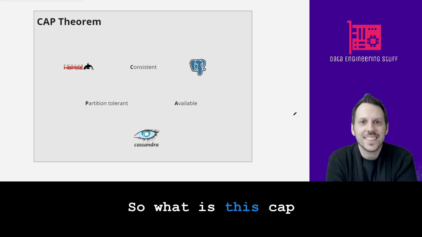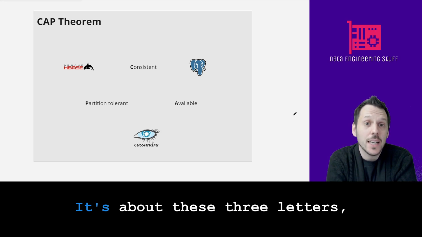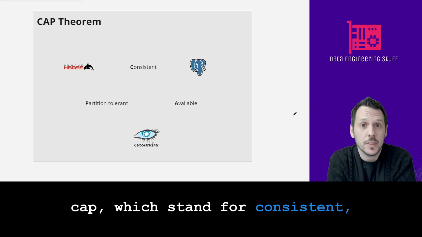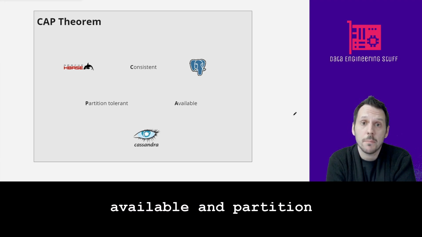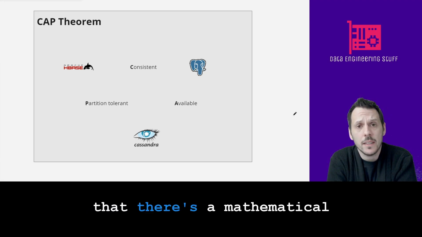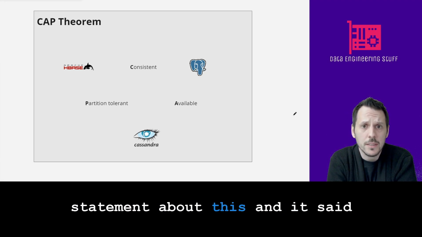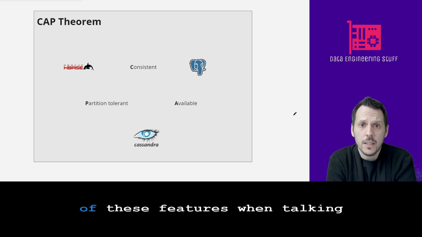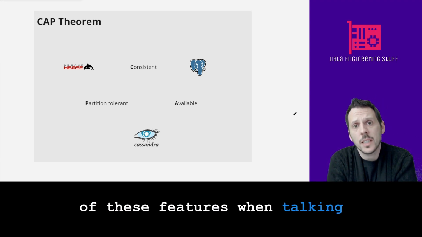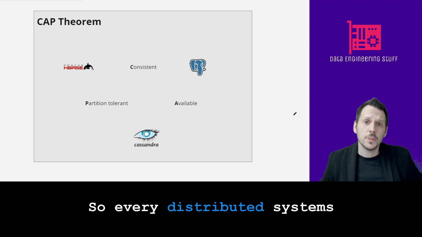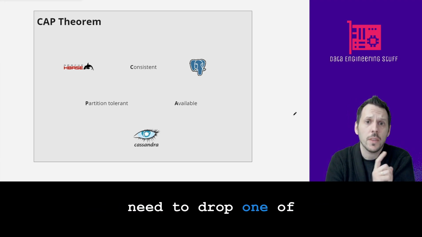So what is this CAP theorem all about? It's about these three letters, CAP, which stand for consistent, available, and partition tolerant. And the interesting thing is that there's a mathematical statement about this, and it says that you can't provide all three of these features when talking about distributed systems. So every distributed system needs to drop one of these